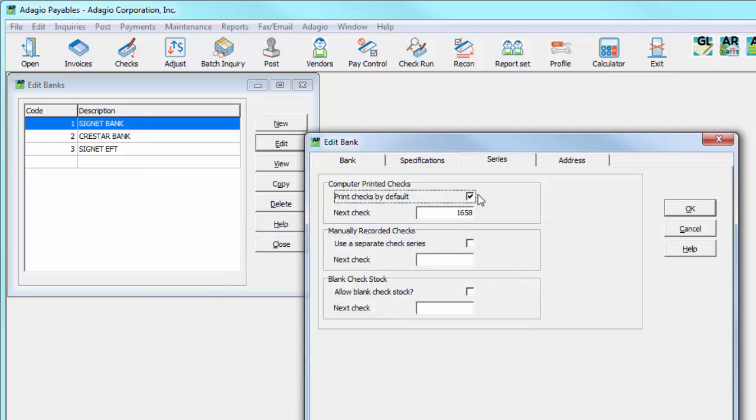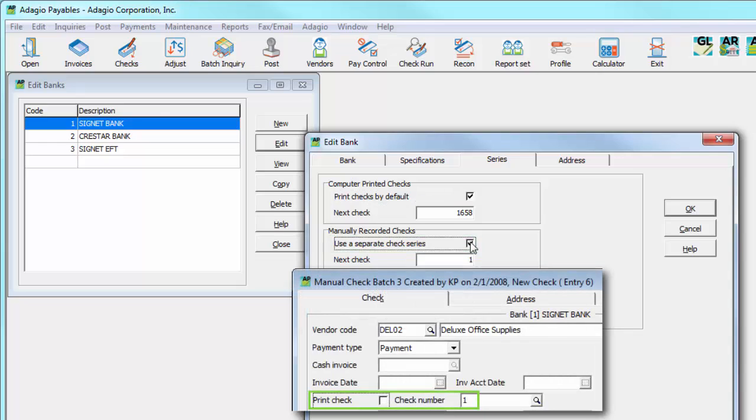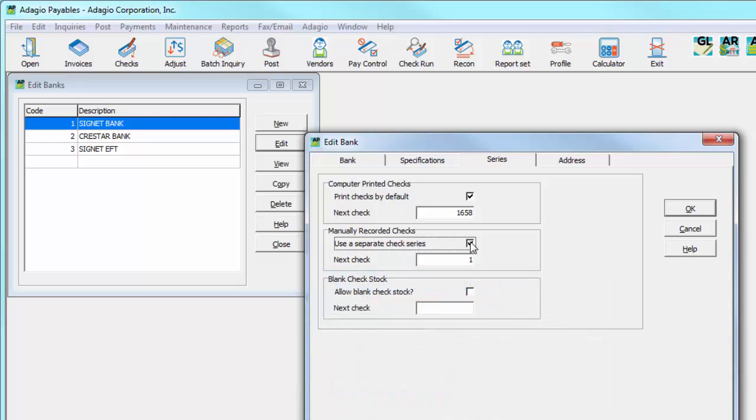If the manual check does not require printing nor EFT and simply needs to be logged into the company data, you may choose to have a separate check series with an independent set of check numbers that populates when the check is first entered. And if you need to create a check form with the amount not yet filled in,